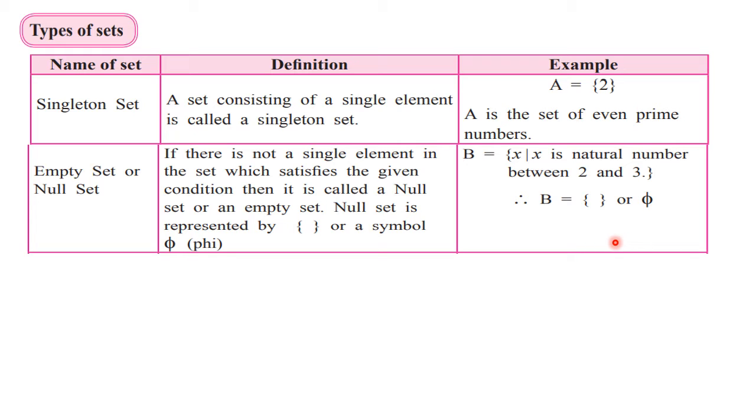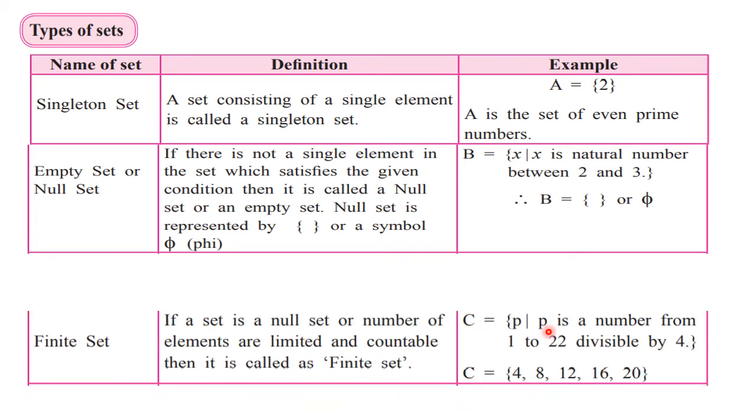Generally, when you pronounce phi, you say it in a different way, but that is totally wrong. When you pronounce phi, you should use the correct pronunciation. Don't use the other one, because in mathematics that stands for a different symbol. So please try to differentiate between the two, because now you understand the meaning of the word phi. It's a Greek symbol which is used to represent the empty set or null set.